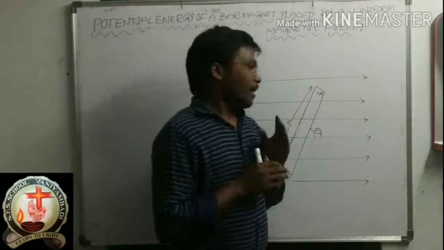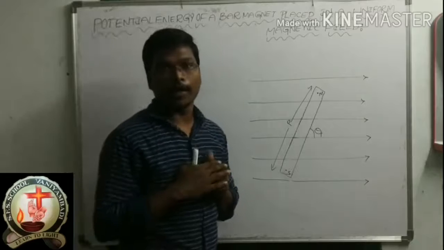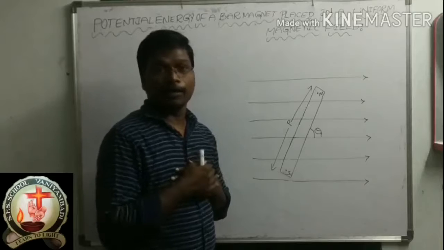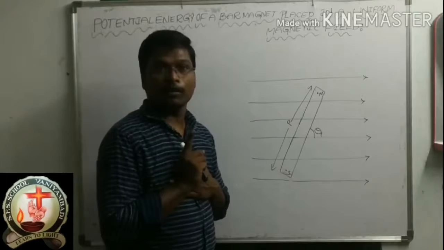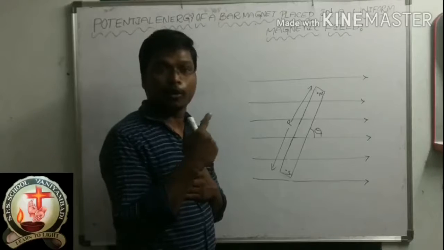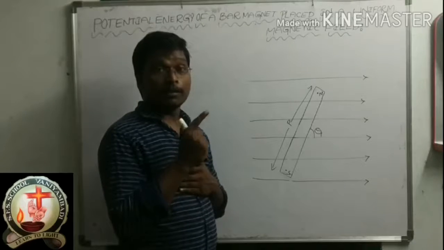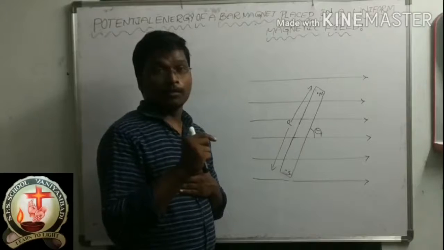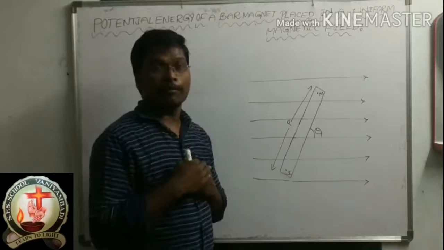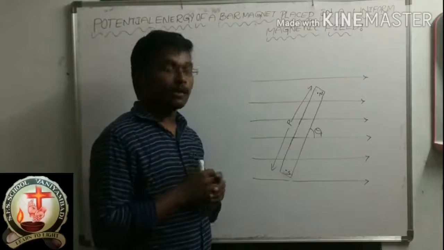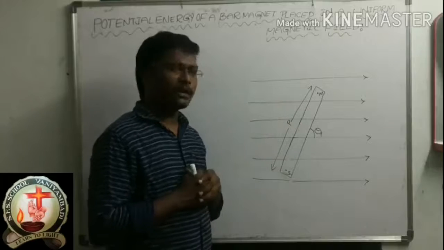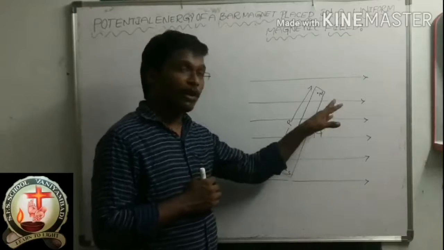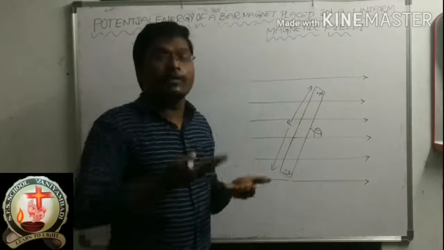Now, what was yesterday's class? Torque acting on a bar magnet placed in a uniform magnetic field. Correct, no? Whenever a magnet is placed in the uniform magnetic field, a torque will act on the magnet. Yesterday's class was this only. So here also it is the same, no? This is the magnet, which we placed in a uniform magnetic field. So when the magnet is placed in the uniform magnetic field, that magnet will experience a torque.